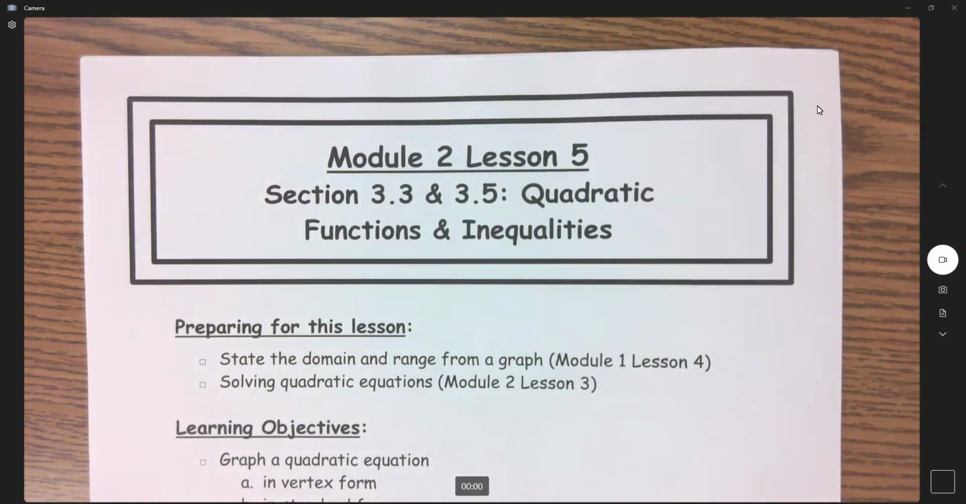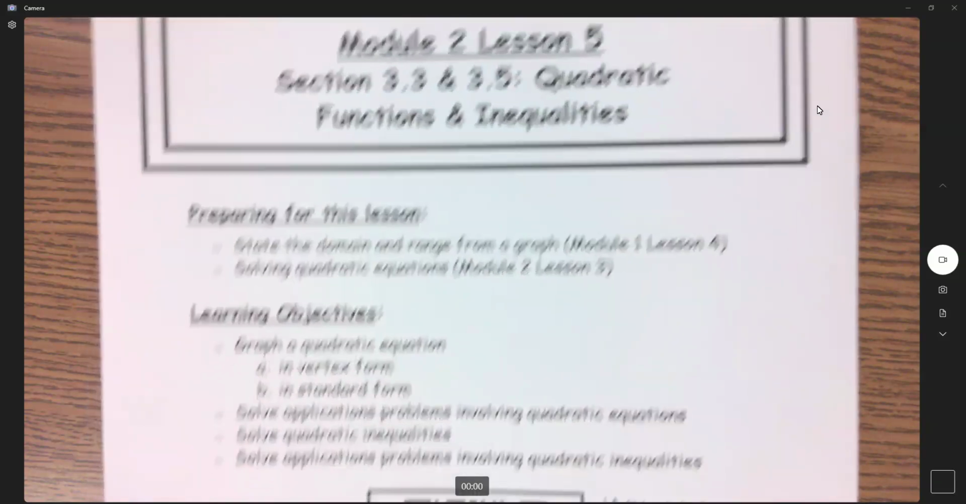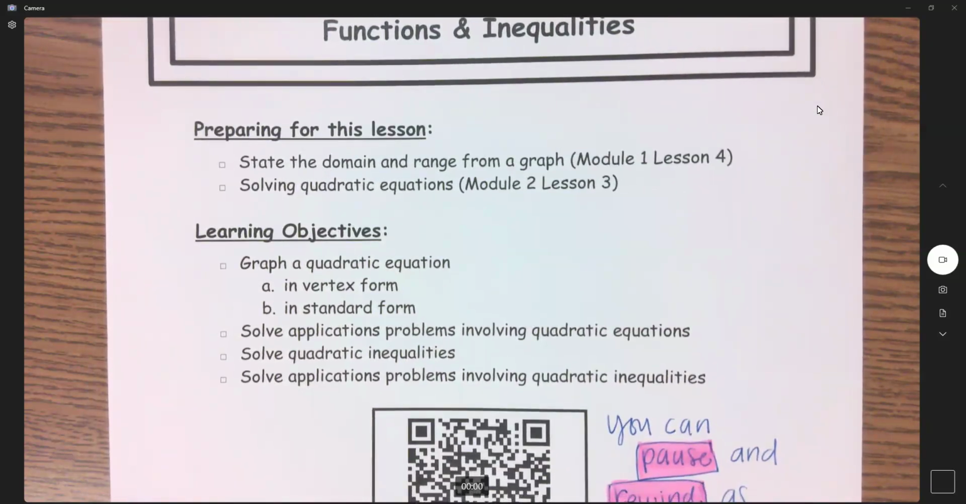To prepare for this lesson, you need to be able to state the domain and range from a graph, as well as to be able to solve quadratic equations. The learning objectives are to graph quadratic equations in two forms, vertex and standard, to be able to solve application problems involving quadratic equations. And then the second half is going to be about solving quadratic inequalities and solving application